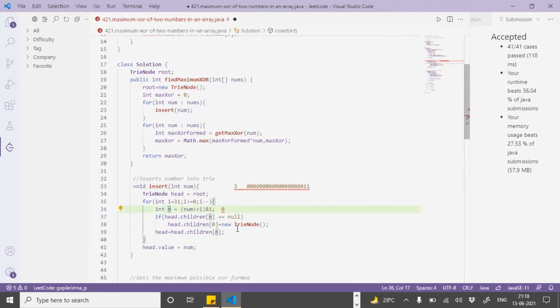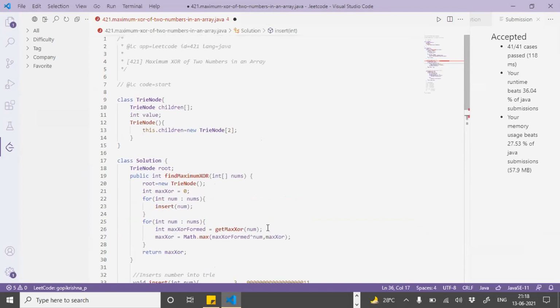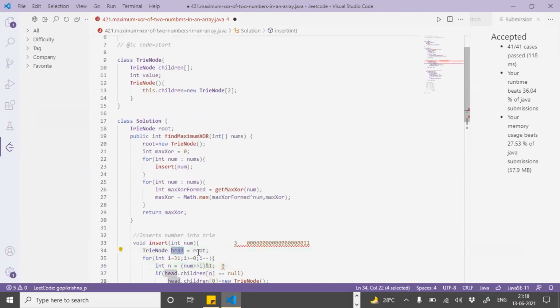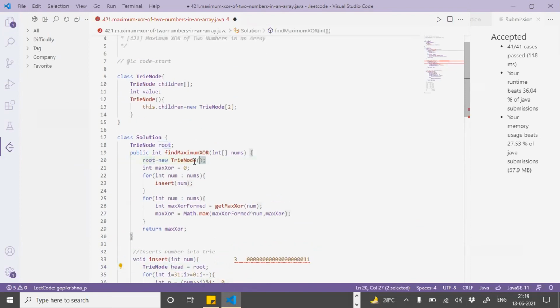It cannot be more than 0 or 1. Yeah, correct. Can you quickly show the definition of head? Sure. Head is basically a root, which is a new trie node. It will have 2 children and 1 value. I see. Okay, perfect.